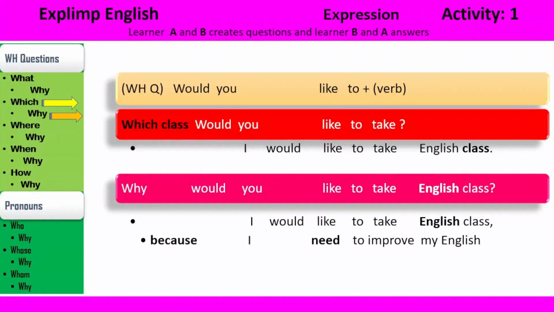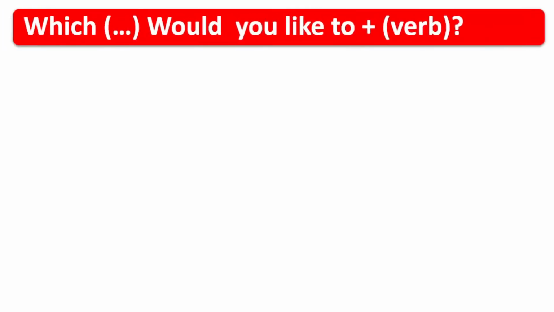Well, definitely there might be different types of reasons someone might be taking the class for, right? So maybe you need to improve your English language, or maybe because English is international language, or it is a business language, or it is the language of education, or you could say because English is the language of conversation or communication across the globe, right? So for whatever reason you learn English or take the class, you could mention it here, and you could use because, a conjunction. What is the next? Now let us create more questions on which would you like to plus verb.